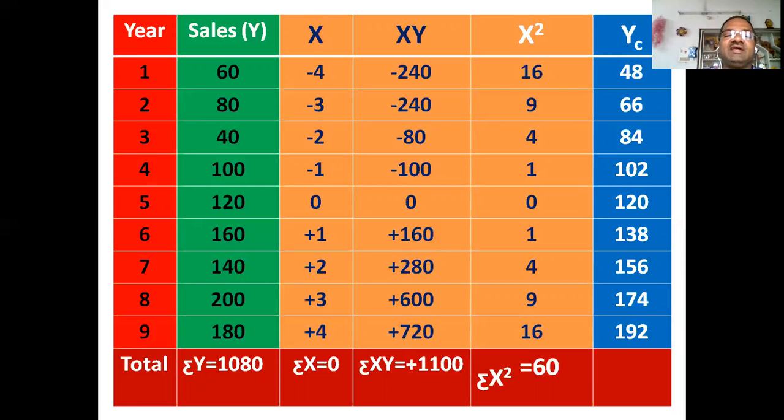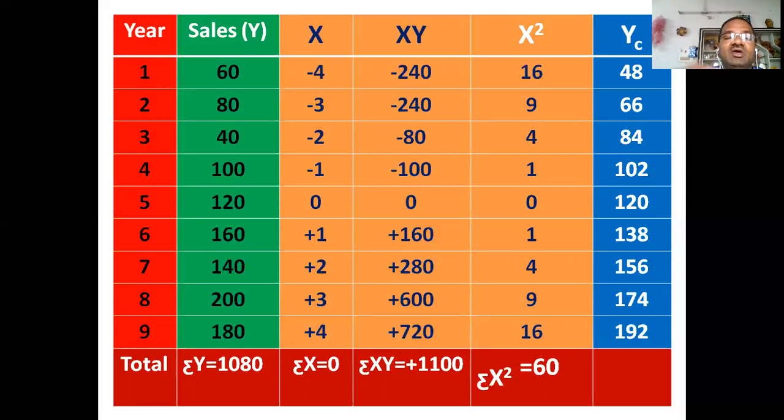So first take the X column. In the X column, the center should be made the origin. As the fifth year is the center year, it will be made the origin year. Always it is 0. Then the backward years. What are the backward years to the fifth? 4, 3, 2, 1. So every step back is increased by 1. So I have taken -1, -2, -3, -4. So this all comes as the negative region.